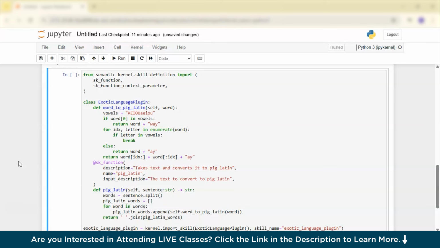So this function converts a single word into Pig Latin. If a word starts with a vowel, A, E, I, O, U, it adds "way" to the end. For example, apple would be appleway. If a word starts with a consonant, it moves all the consonants before the first vowel to the end and adds AY. For example, banana would be ananabay. If the word has no vowels, it just adds AY. So now moving down,